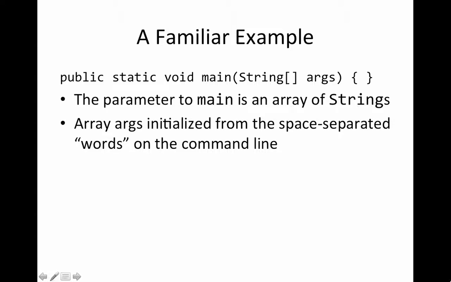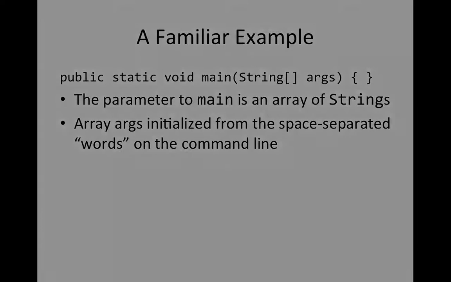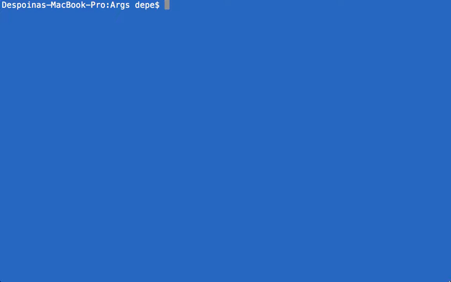Let me show you an example of what exactly we mean with space-separated words that we provide on the command line. This is the familiar terminal window where we have been compiling and running programs many times. We compile them with javac and assume that I have a program called args.java that I want to run. What does it mean that we're going to provide a list of words on the command line? It means that when we want to run it, after we type the command java and then the name of the program, we're going to supply a list of arguments. For example, we could say first, second,